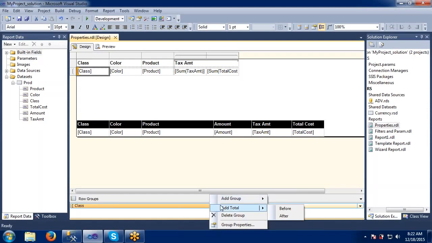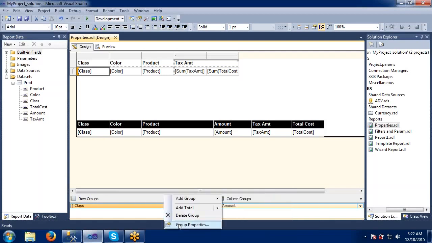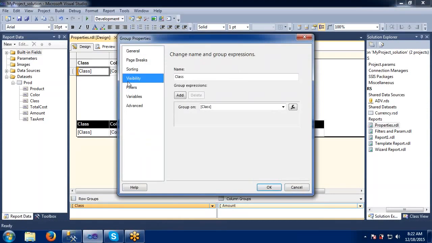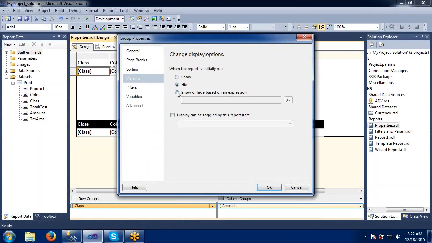Like this we can add this one. If you hide something, then automatically it will hide the entire row here. Let's just go to the group properties once again. Visibility, show on expression. If you want to show on expression also, we can. I think we have seen one expression, right? If some tax amount is greater than 271, then only it should be displayed. The same option we can apply here also. But here it is group properties. That's the only difference.